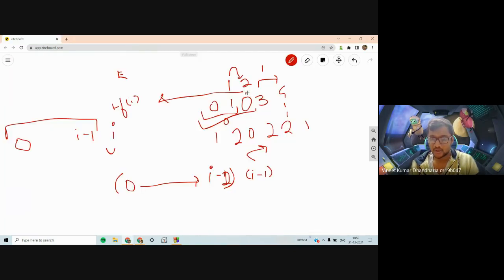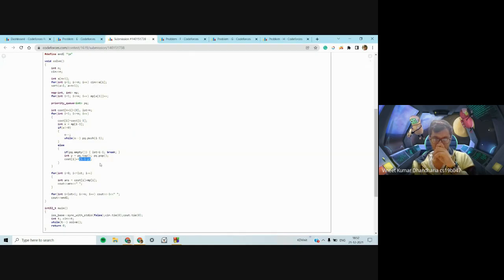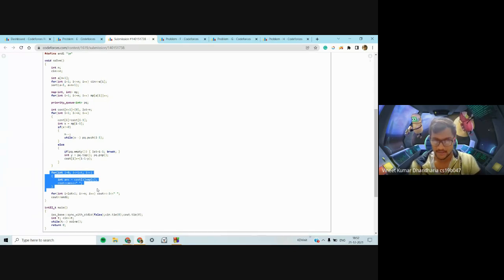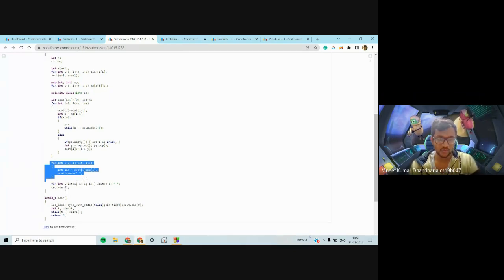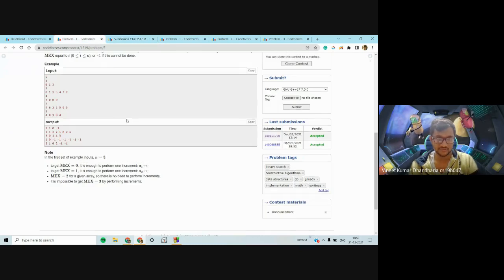Like here, to make 1 to 2, you would have to do one operation. If you had to make 0 to 2, it would take a cost of 2. So that is the cost of I, and in the end you can just print cost of I plus frequency of I. And for the numbers you can't do, you just print -1, because that is what has been asked of you.